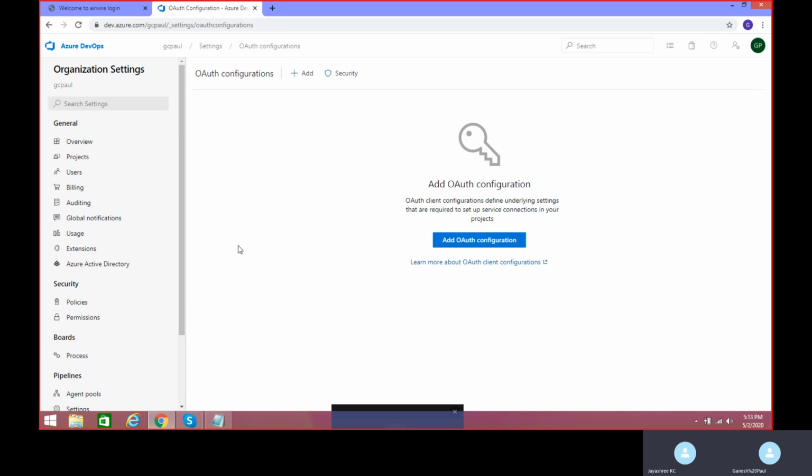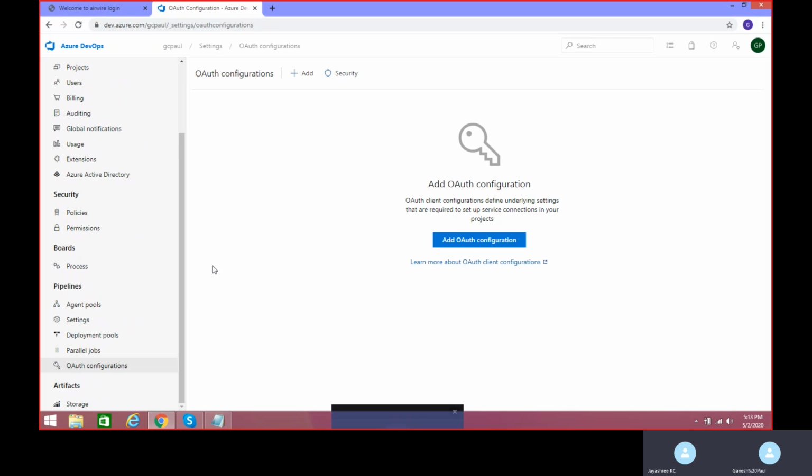These will be used whenever you want to connect from third party tools to Azure DevOps. Say, for example, you want to integrate from Azure DevOps to a third party tool, something called a SonarQube server, or even another server called Jenkins. So how do you make the connection between these two tools? In that case, you need to create an OAuth token here. Take this token, enter it in the other server, like your Sonar server or your Jenkins server, to have a secure connection between both the machines. Okay, that's where your OAuth configurations will be useful.